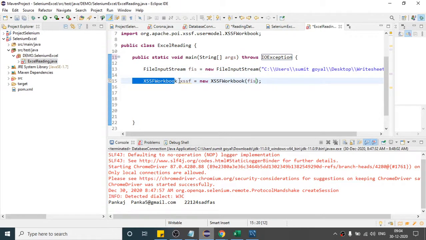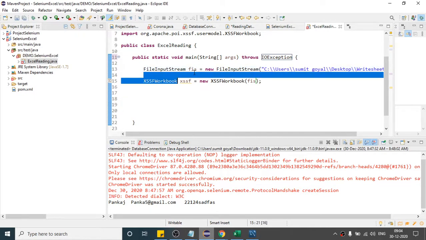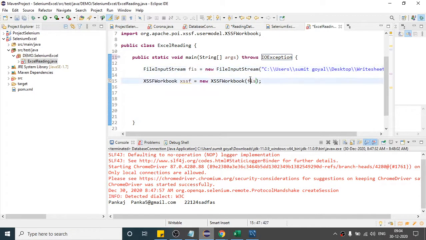So I've created the object of this class, and if I pass this FIS object here, this object also knows where the file is present, and it can perform all the operations, right? Whatever operation you want to do with Excel, this object will help you, and it will also have some methods from this class.